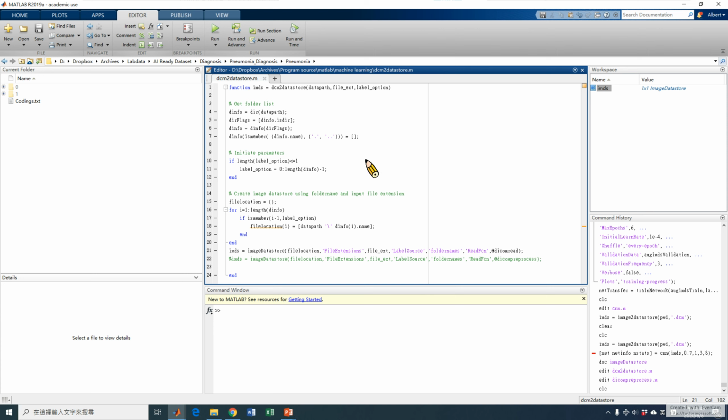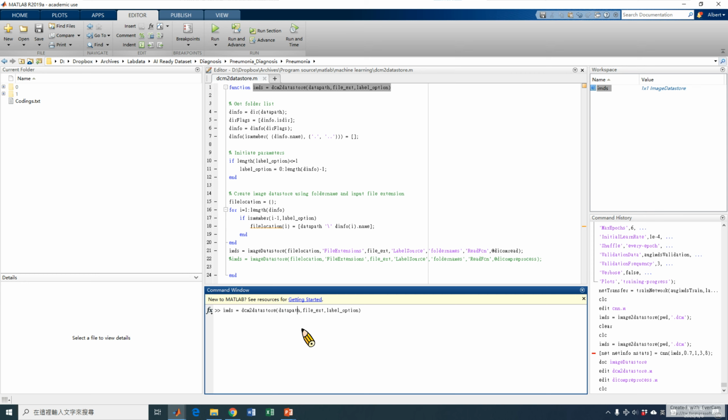So here I just use the customized read function as the input to the image datastore function. You can safely just follow these command lines, and I just change this to the present working directory and the file extension as .dcm,